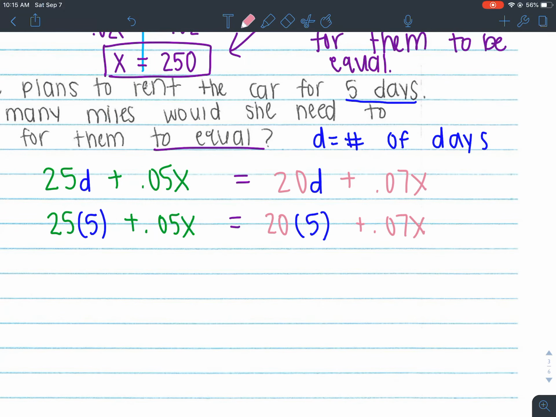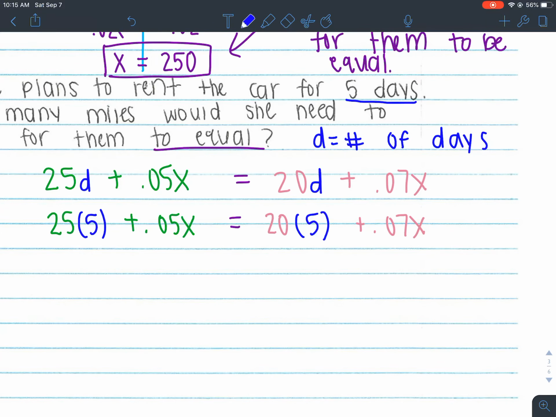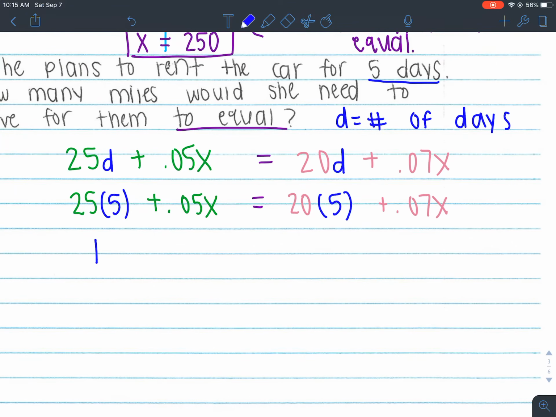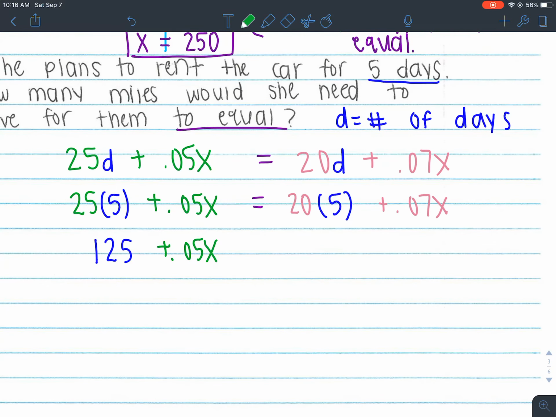So right now I have this information, and let's go ahead and simplify. Well, 25 times 5 is going to give me 125, and then I still have the plus 0.05x